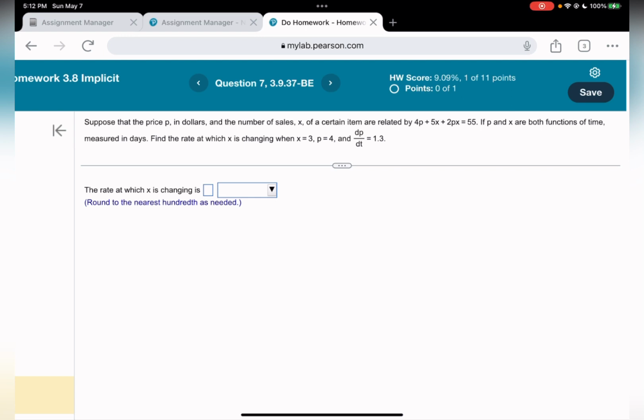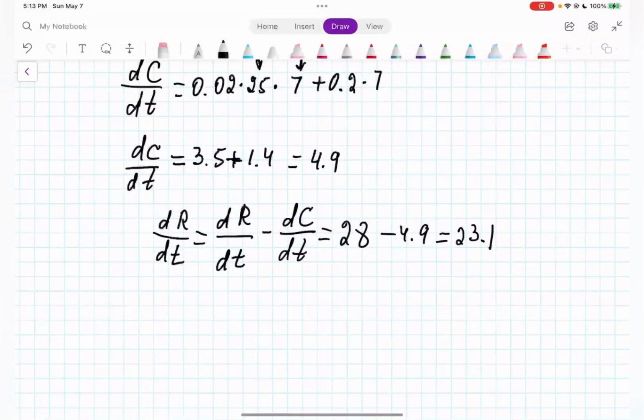All right, let's start working. I'll take a picture of the information so I can work with it. First, we need to find the rate at which x is changing. What is our x? It's the number of sales. So where is our equation? It's related to the equation